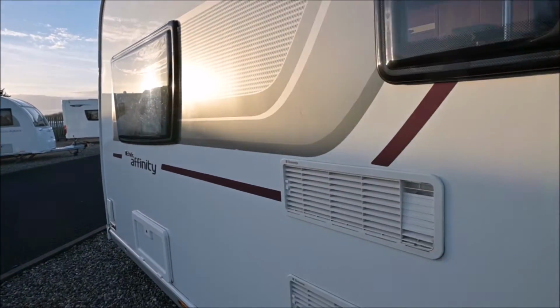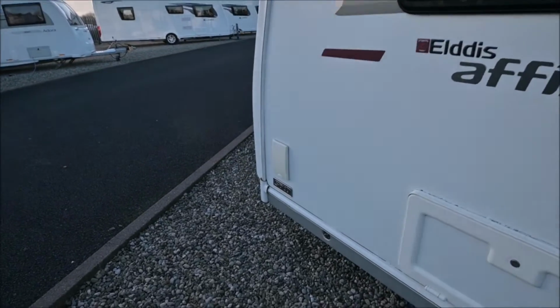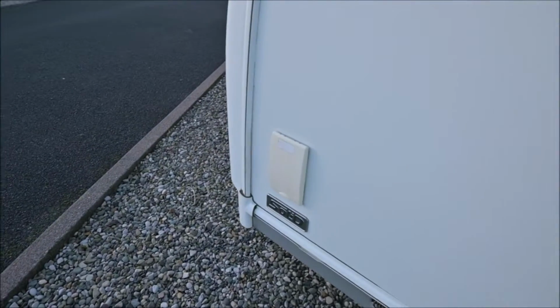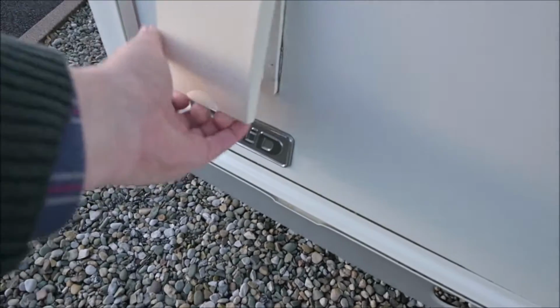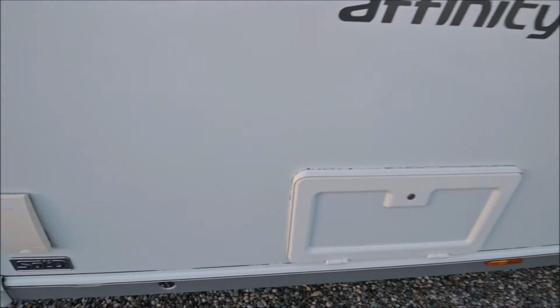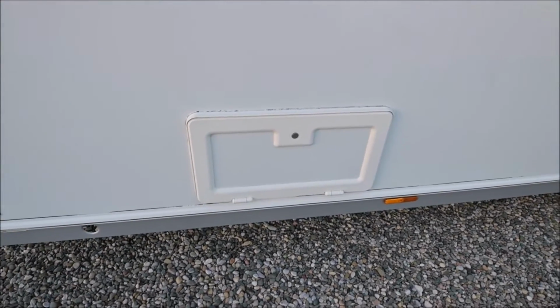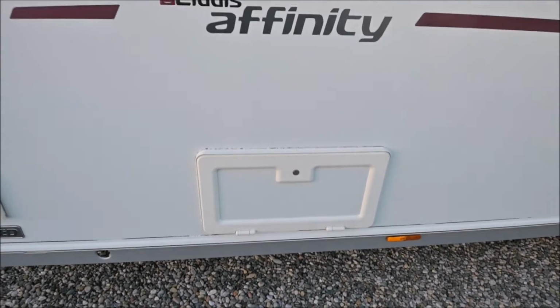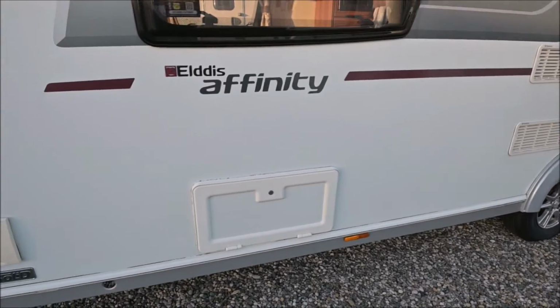This is one of the, what they call the solid construction, which is that little badge down the way there. There you go. And while we're down here, we'll have a look at the gas barbecue point, because also on the outside here the Affinity range came with an exterior locker and also an exterior mains socket, plus of course alloy wheels, spare